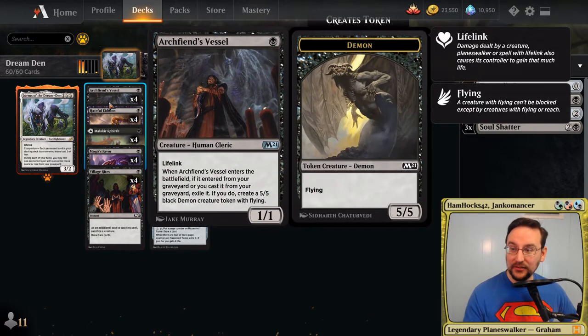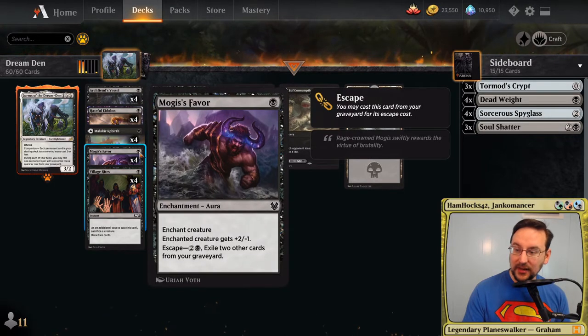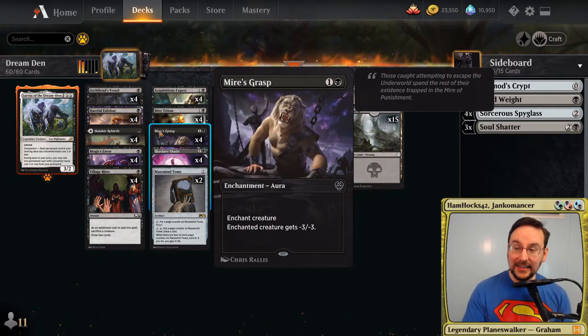So we have Archfiend's Vessel. I'm not exactly sure how to pronounce that. The goal behind Archfiend's Vessel is, well, reanimate it one way or another. We have a couple of different ways we can do that. We have an opportunity to use our own enchantments on it to kill it if our Hateful Eidolon is online. And those enchantments being Mogus's Favor, which gives +2/-1, or Meyer's Grasp, which gives -3/-3, which ideally Meyer's Grasp is